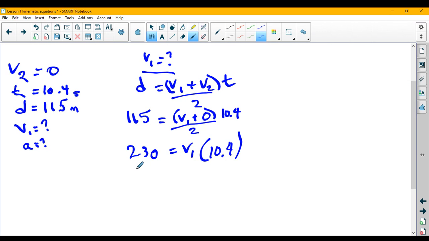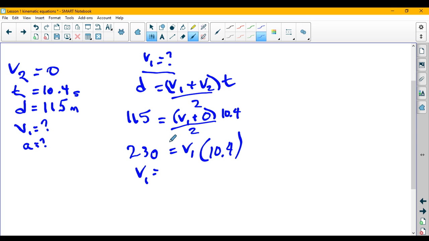This last step is pretty straightforward, because when I move the 10.4 over, it's multiply on this side. So when it goes to the other side, it will divide. So 230 divided by 10.4. Excellent. Nope, I didn't do it right in my calculator. That's what happens when you're rushing. 230 divided by